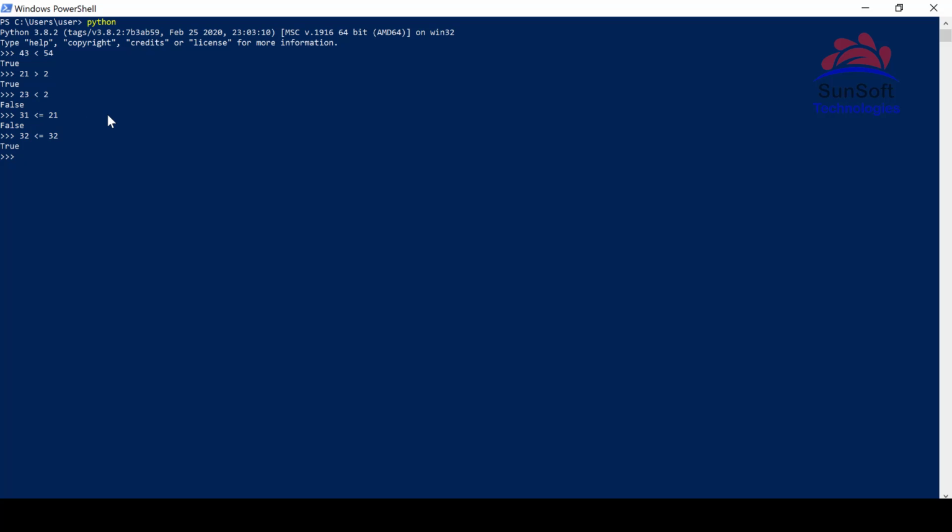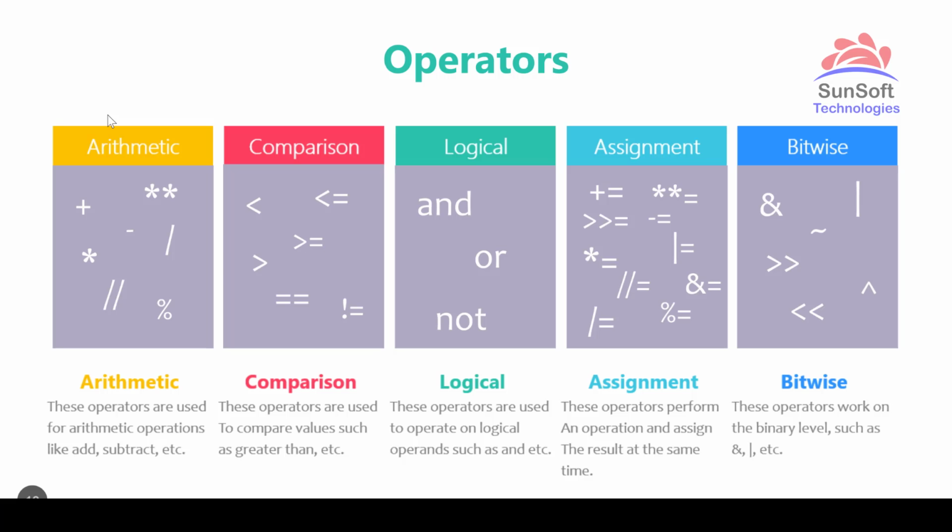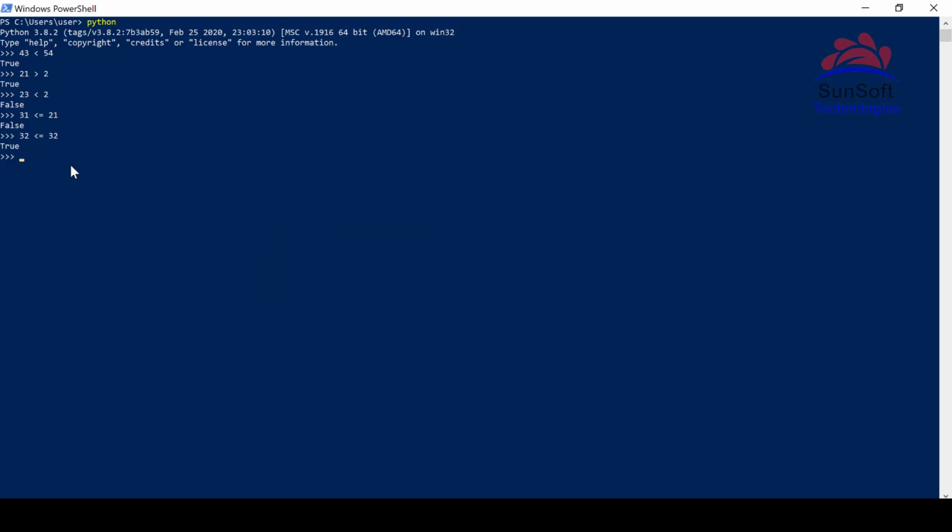Okay, so with comparison operators we also have the equality and inequality operators. So for that we'll have, let's say, 21 equals 21, that is true. 20 equals 21, that is false. Similarly, 21 is not equal to 20, true. 21 is not equal to 21, false.